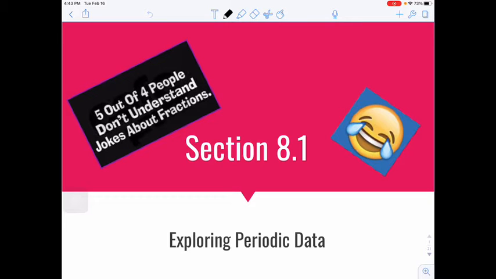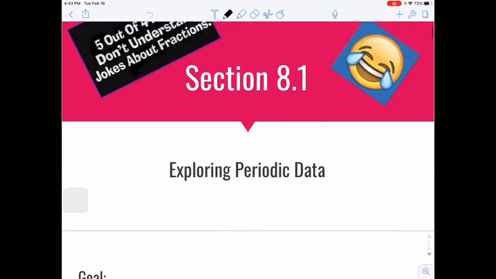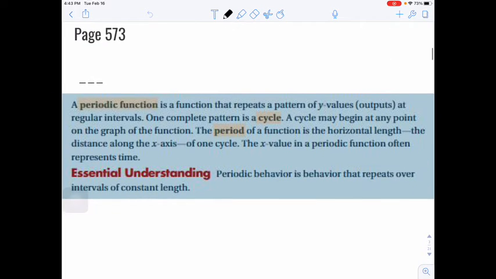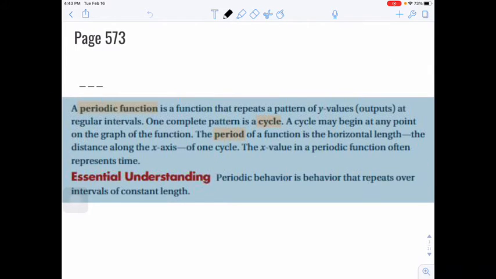Section 8.1 is exploring periodic data. Our goal is to identify cycles and periods of periodic functions and find the amplitude of periodic functions. On page 573, we have a periodic function is a function that repeats a pattern of y values, outputs, at